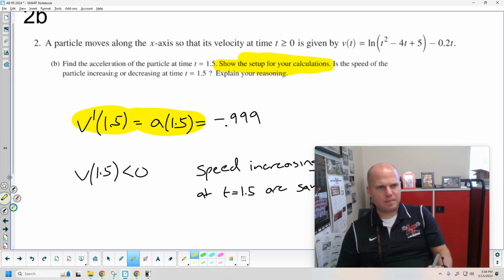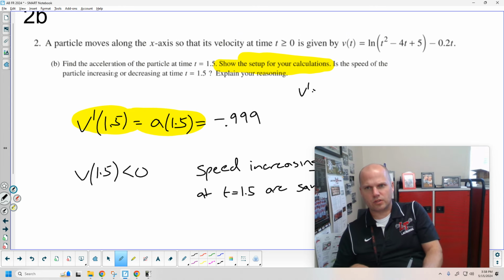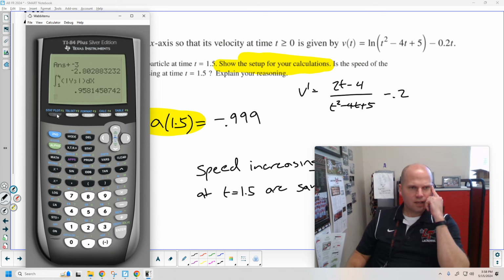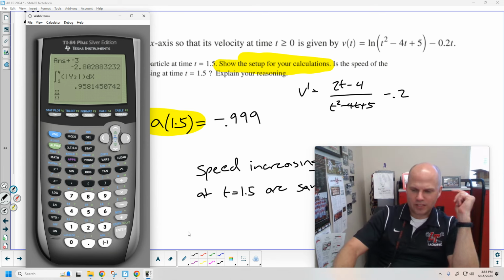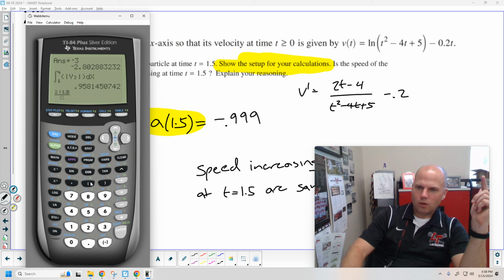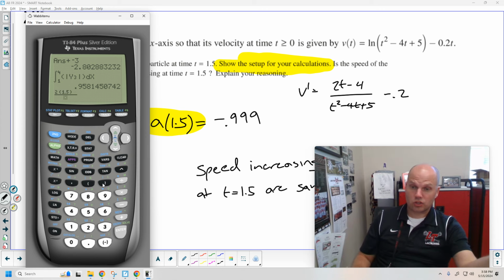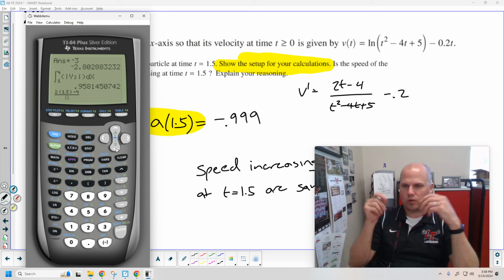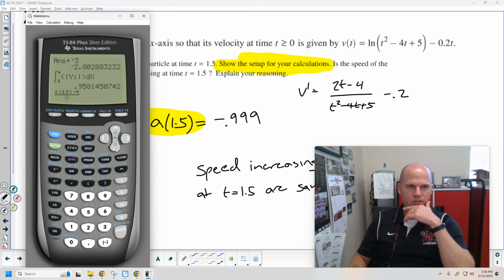Now, really quickly, let me just do the hand calculations. We'd have (2t minus 4) over (t squared minus 4t plus 5) as the derivative, minus 0.2. Let me just plug in 1.5 into that because, boy, this is very intriguing to me. Like, we understand our calculator just uses a slope, a very, very tiny slope between 2 points very, very close together. So we have the 0.001s between 2 points. Our